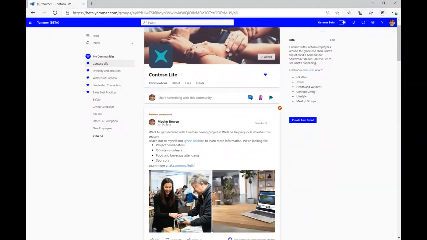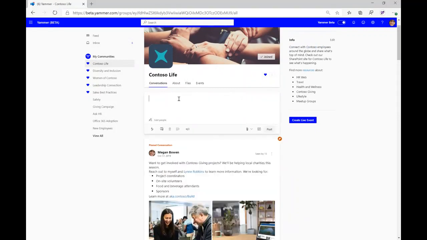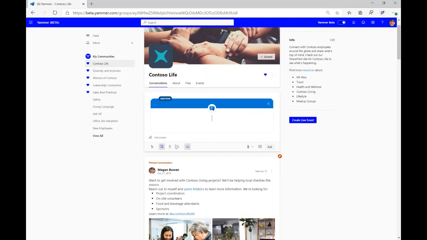I also can now pin conversations, and if I'm an admin in this community, I can set announcements, but I can also now style questions, and I can style praise or polls as announcements. So by announcing a conversation, it sends everyone in this community an email, and it also creates an inbox message for them. So it's a really effective way for communicators to land their message, or to create ideation campaigns with questions, or to get quick feedback on polls, which, as you can see from here, are coming soon.